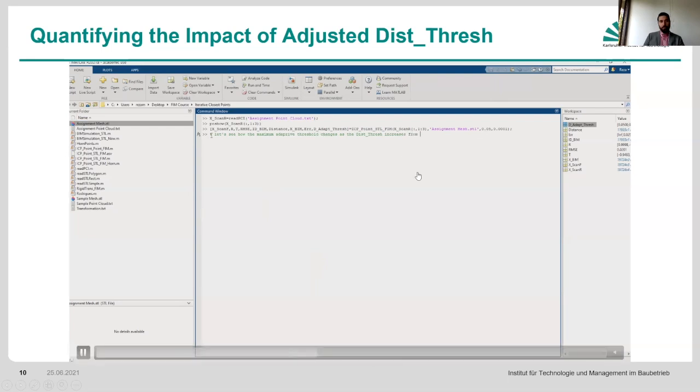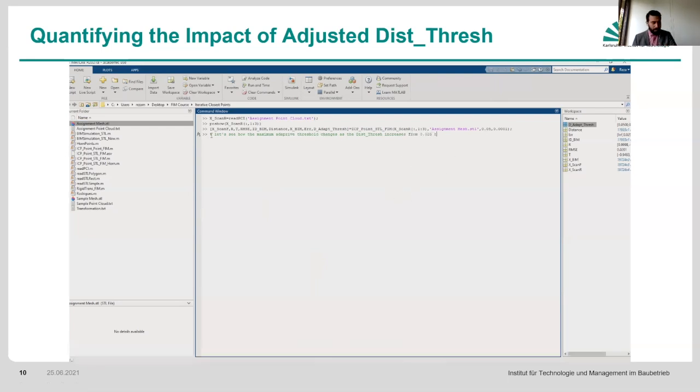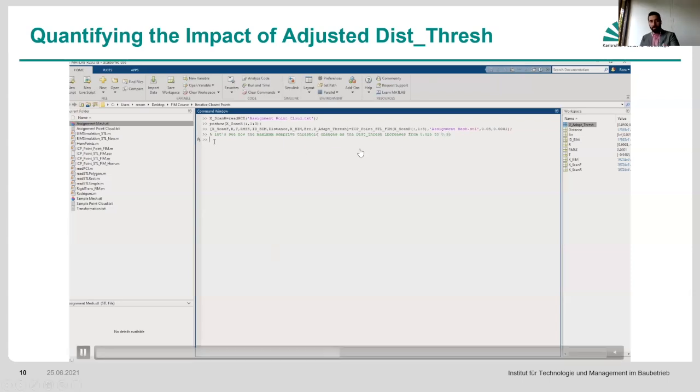And for this part, I don't want you to actually do it here. I want you to check it later on at home because it's going to take a while. And this underline fresh, which is this value here from 0.025 to 0.35, how the maximum of the underline fresh